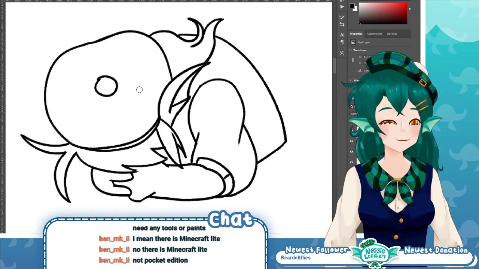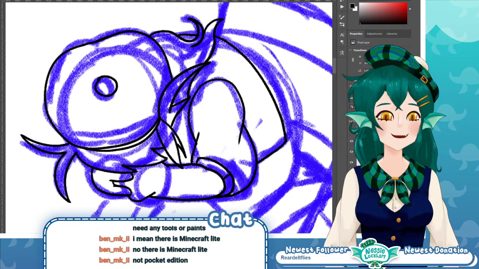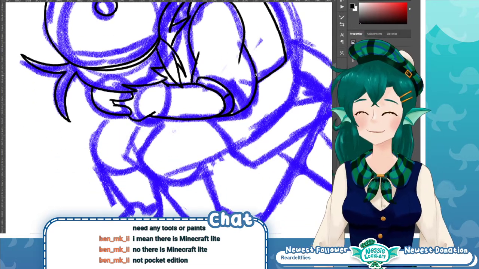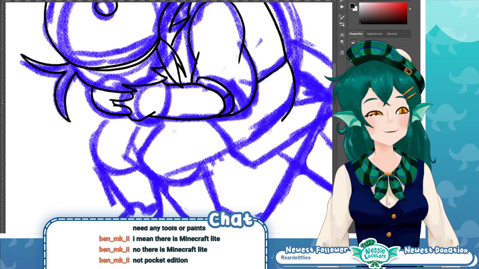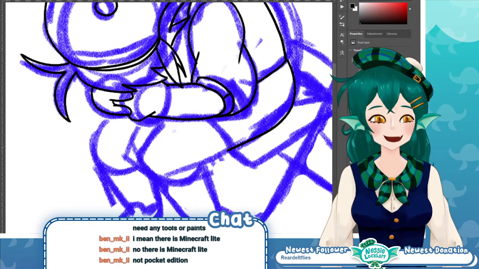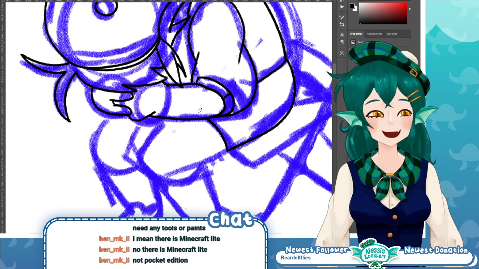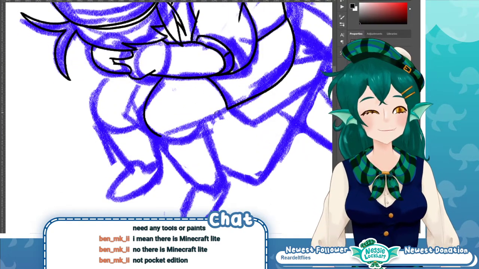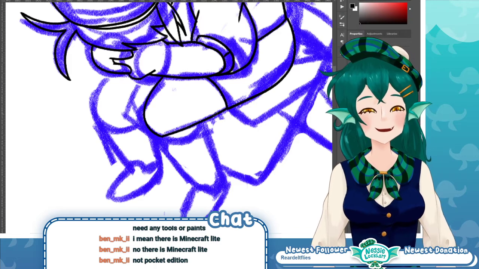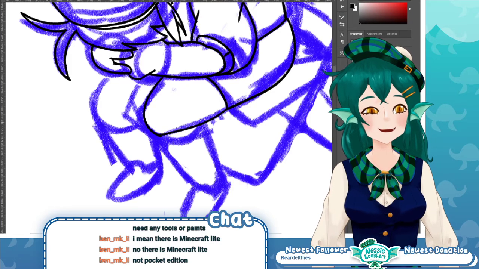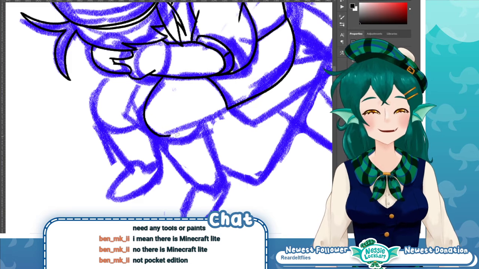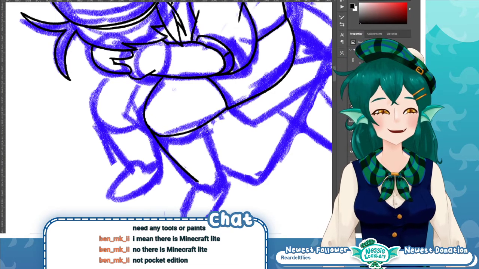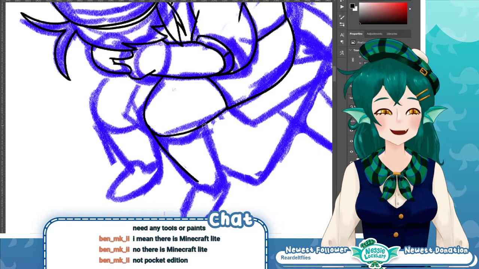But then I wouldn't be able to play online with my friends who have been playing Minecraft for years. And they have the Big Boy Edition. Big Boy Edition Minecraft. Which is fine.